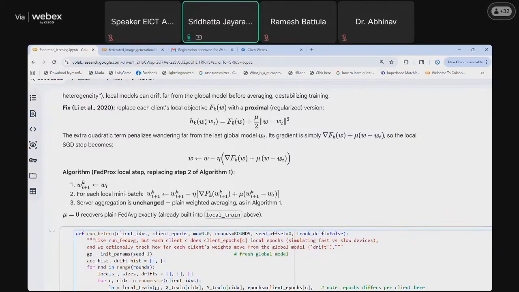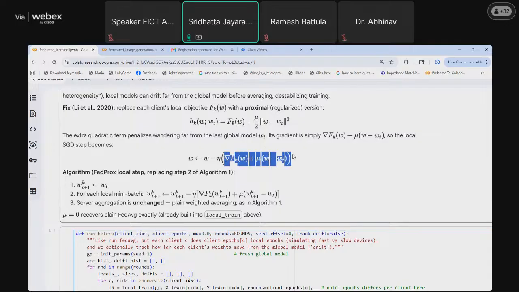So this delta f plus mu (w minus wt) in the SGD step, in each of the clients, this update translates to this form. W minus wt means w is the current parameter, and wt is the previous parameter weight, with the learning rate. And the gradient would now be added with an additional parameter mu to control the drift of the parameters